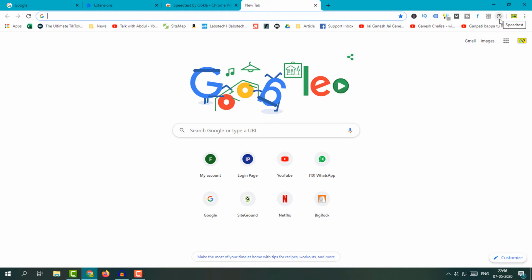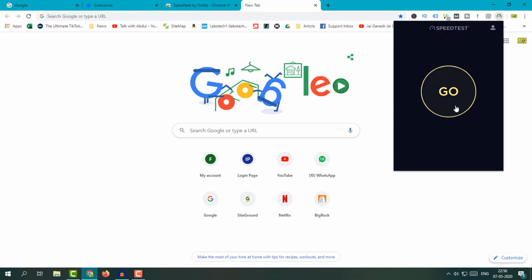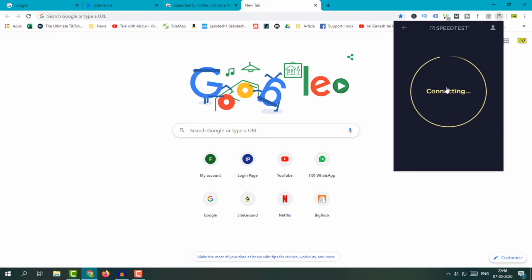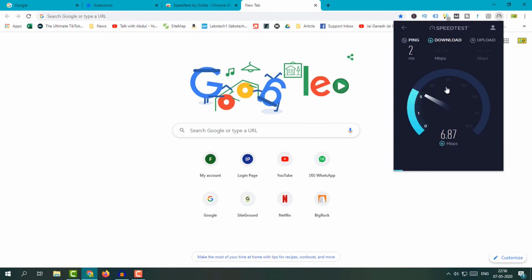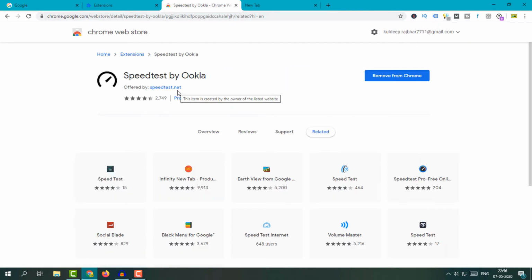So what I will do, just click on this extension, and this facility is open through this extension. When I click here, then this extension will check my internet speed. So here I can check very easily, no need to open any website over there. Just simply install the extension into your Google Chrome, and you can perform your query which you want to use all the time. Okay, so friend, this is the main way where you can search. Here you can easily search the extension and install into your Google Chrome browser.